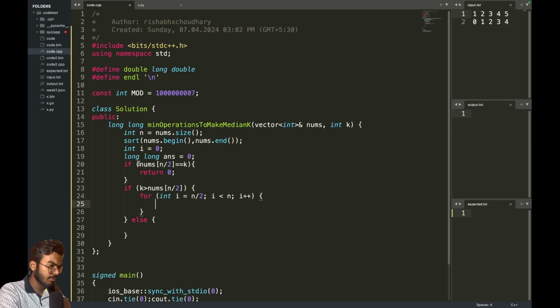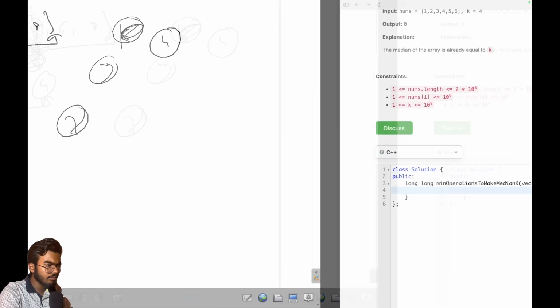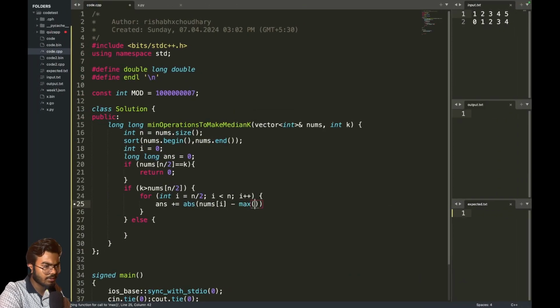Answer plus equals absolute. No, I need to make them at most equal to k, right? So let's say absolute value of nums i minus max of, I mean,